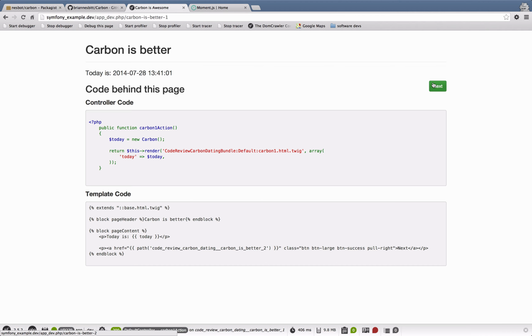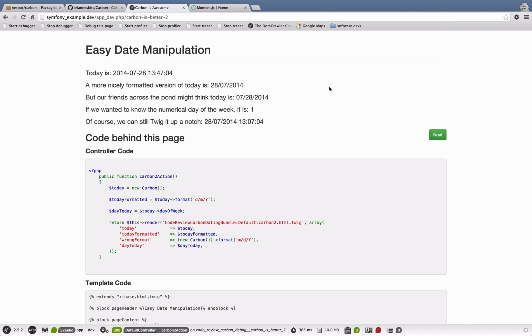It makes life a little bit easier for you. Okay, so we can also, as you've seen already, just new up a Carbon object. By default it gets us exactly now, in the same way that a new DateTime does the same thing. Then we can just apply the format method to it, so we're just carrying on using the same object, and you can see here that I've outputted a UK formatted date,